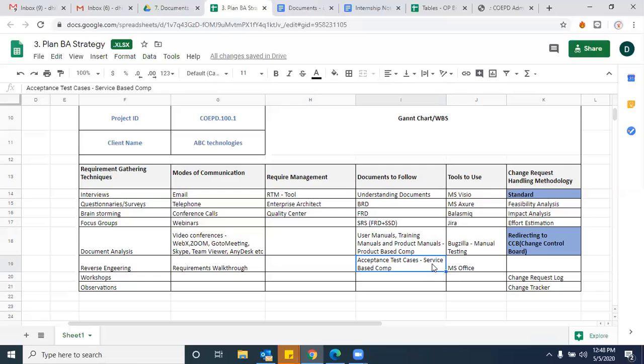The tester will write test cases for all the exception cases as well. He'll consider negatives, positives, everything, including exceptions, and write test cases, right or wrong? But when it comes to the BA, we are preparing acceptance test cases to facilitate UAT to the client, right or wrong? To facilitate UAT to the client, we are preparing these user manuals, product manuals, or acceptance test cases.